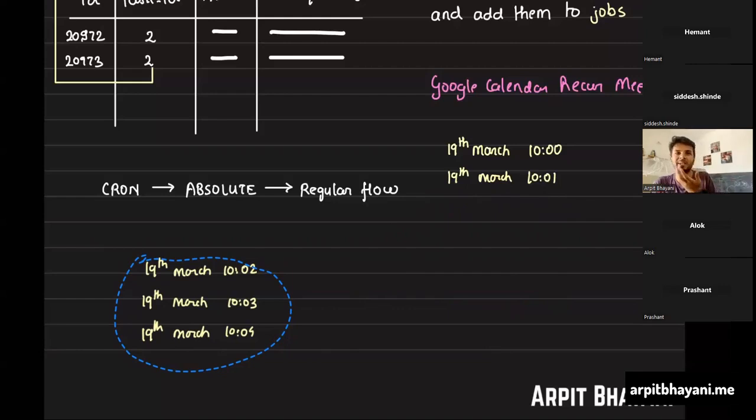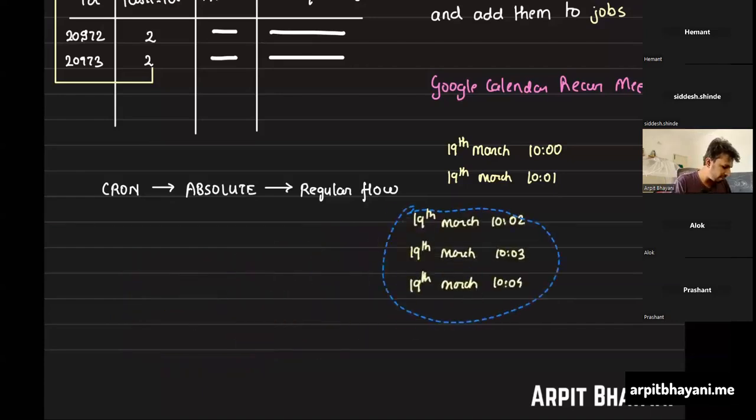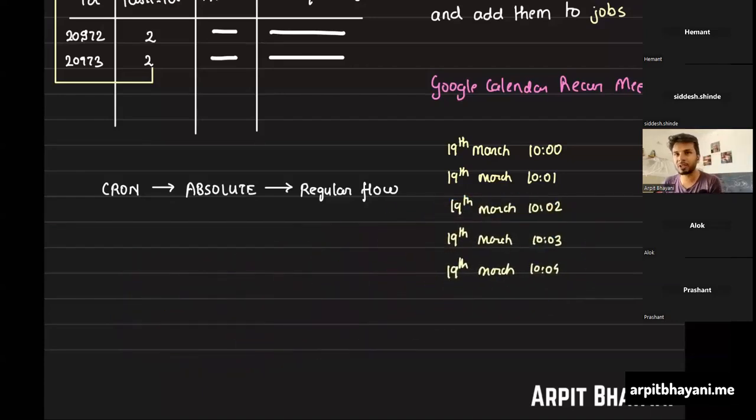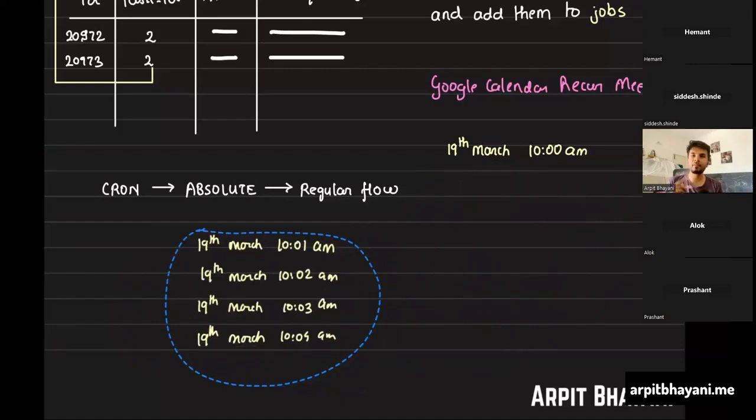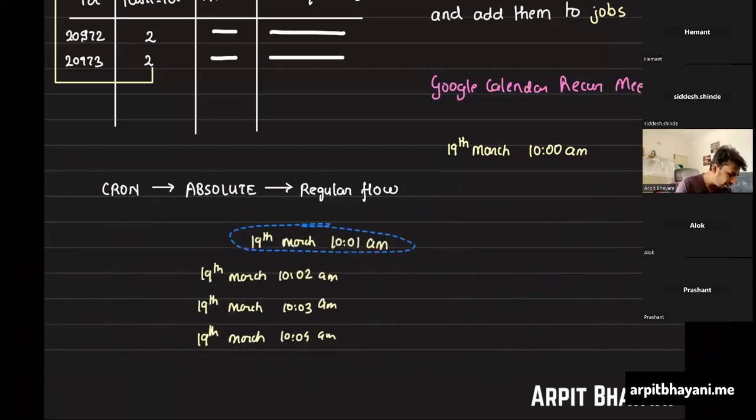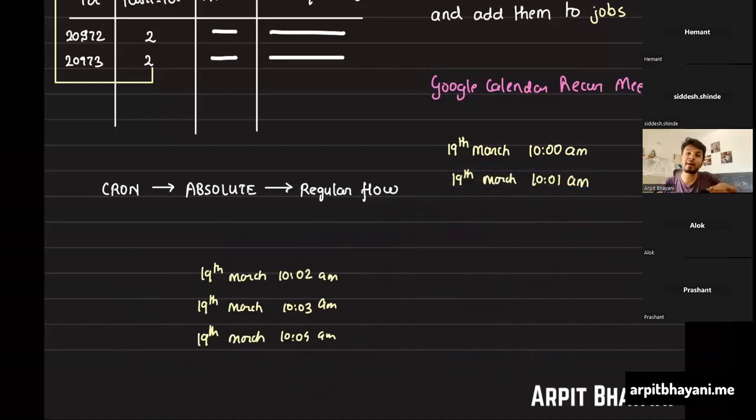And now this actually clears what my assumption also was. I actually tried to convey the same thing while I was answering, but because I was not convinced while I was explaining, that's why I said, let's carry it to the end. But points from Hemant and Siddesh helped me converge to it. So my reasoning is that, let's say I have my task scheduled for 19th March, 10 a.m. So let's say this is my recurring schedule that I set. Which means every time my task is scheduled, if it's a recurring task, I'm adding one more to that.